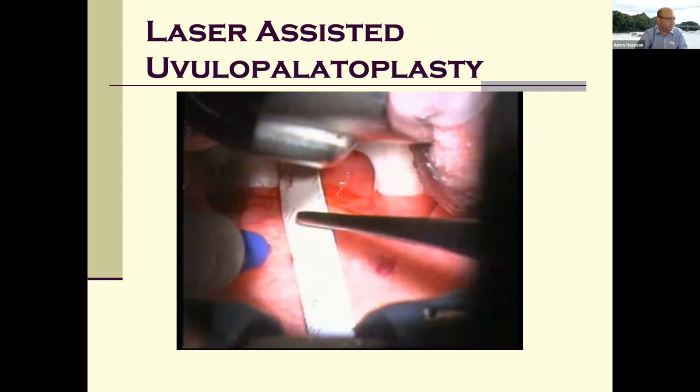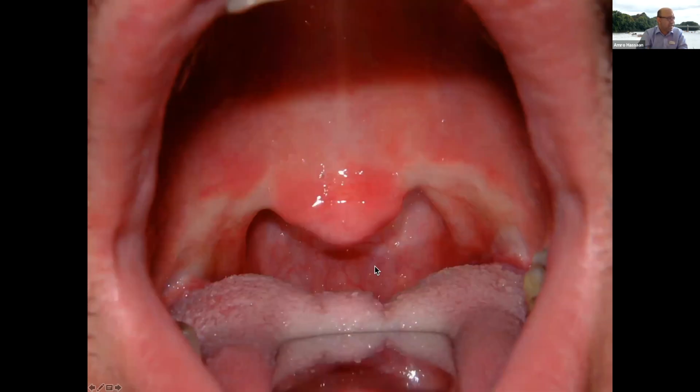Here is someone being measured up for it. We're looking down, like a tonsillectomy view, into someone's mouth. That's the uvula, that's the tongue, and this is the soft palate. We're measuring with a marker pen to see how much we're going to cut into the soft palate. After that, we trim a bit of the uvula and make incisions into the soft palate on either side. By doing so, we raise the whole soft palate and reduce the bulkiness of the uvula. It's usually done with a tonsillectomy as well, so the tonsils here are gone.